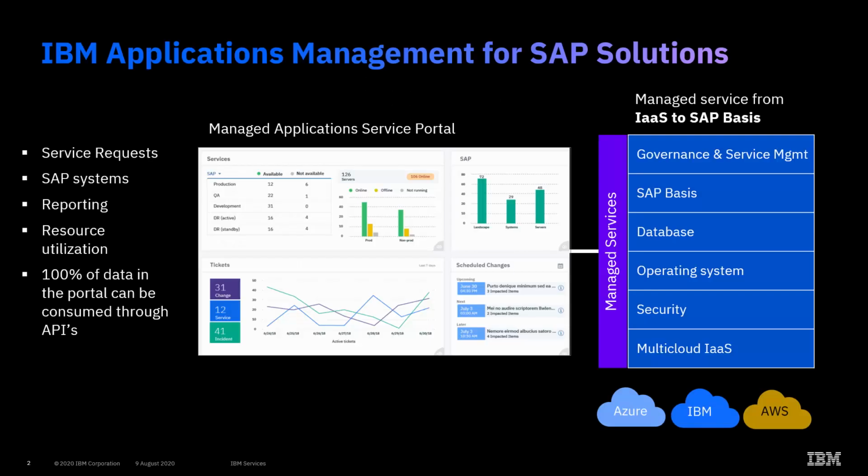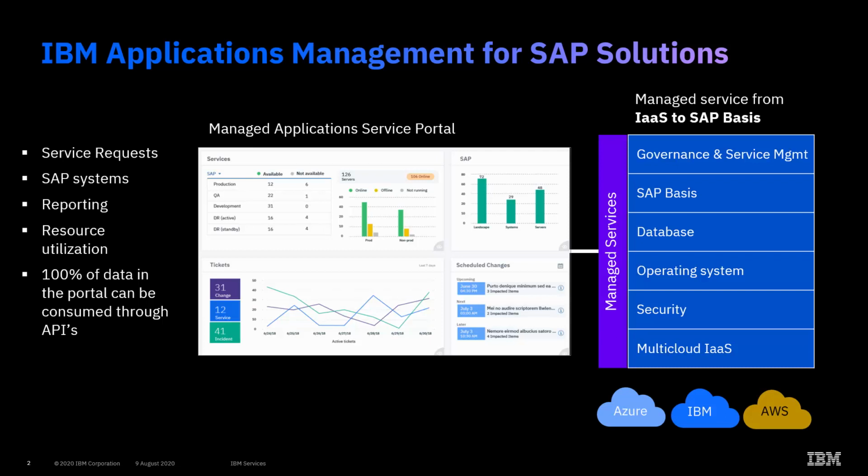Okay, so application management for SAP solutions is a service specifically designed to manage SAP workloads on cloud, right? It includes the management of the infrastructure as a service, and it's multi-cloud. It could be on Azure, on IBM Cloud, or on AWS. It includes the security services. It includes the management of the operating system, the database, the SAP basis, and also it includes the governance and service management, right? So it's a turnkey solution that is multi-cloud, and it comes with a portal,